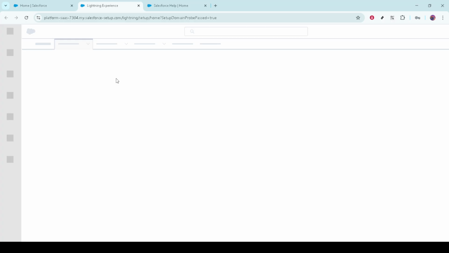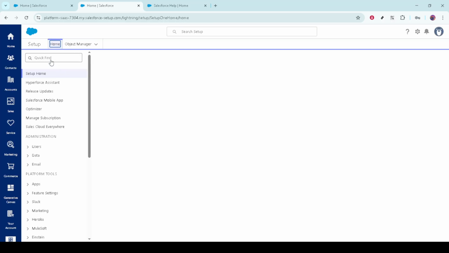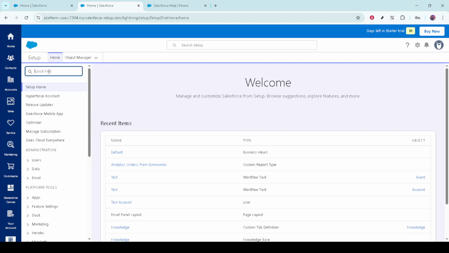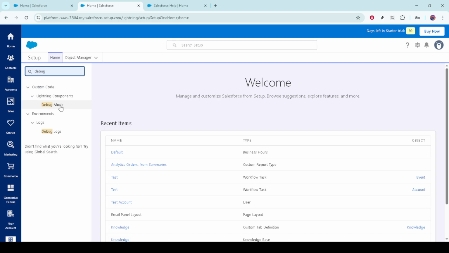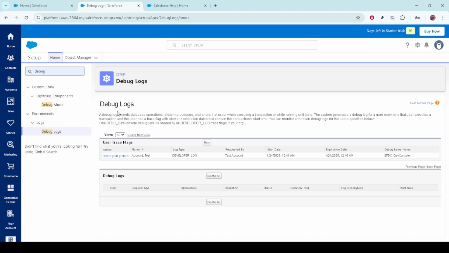After reproducing the error, return to the debug logs page. You'll now see a log that has captured those operations. Open the log you just created and scrutinize it for entries like fatal error, exception thrown, or flow element error. And these lines can often highlight the crux of the problem, pointing you towards a specific issue in your custom